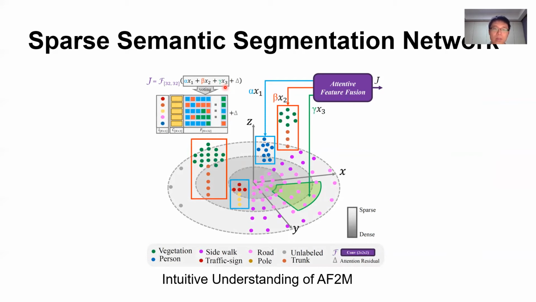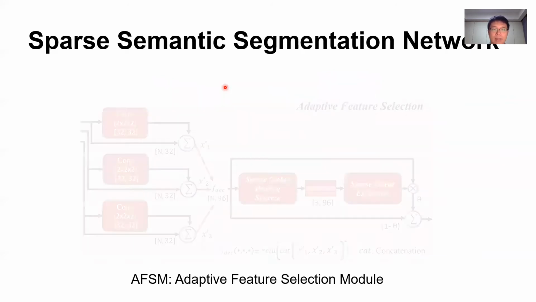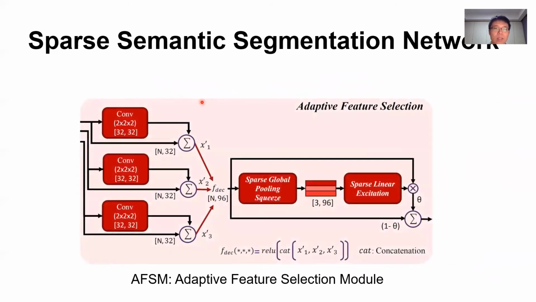Given that the multiple branch inputs triple the network width and might contain much redundancy, we found that simply forwarding and concatenating them into the decoder layers will confuse the decoder network and decrease the convergence rate. Thus, we introduced the adaptive feature selection module as a channel filter to filter out those redundant feature columns.